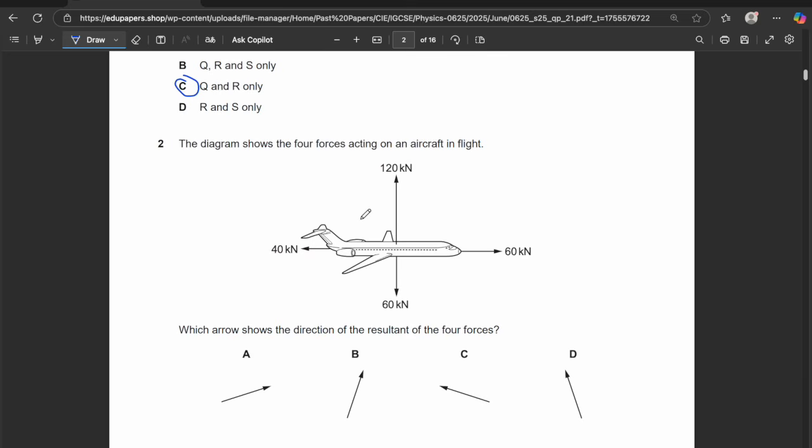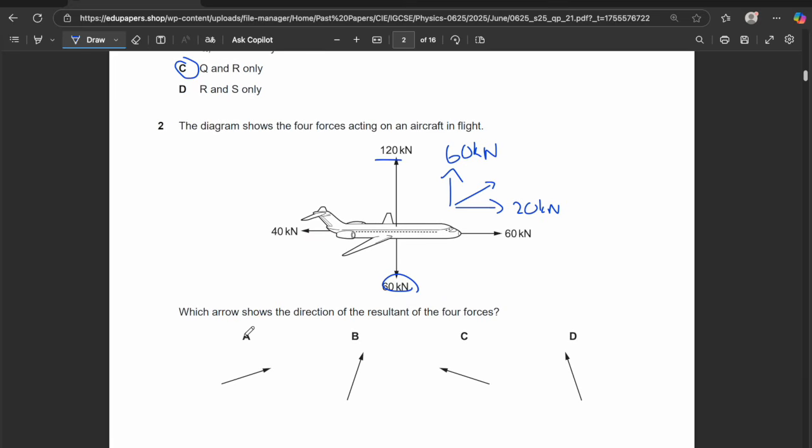We can subtract this from this, and we would be left with 60 kilonewtons. And then the resultant for the x direction is going to be like this, and the resultant force comes from here. It looks something like